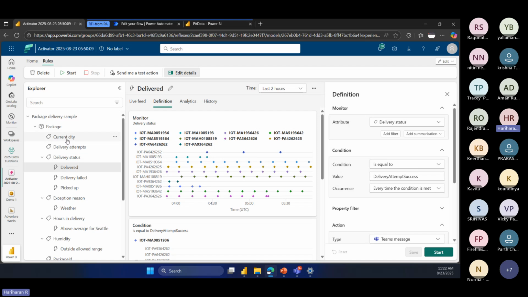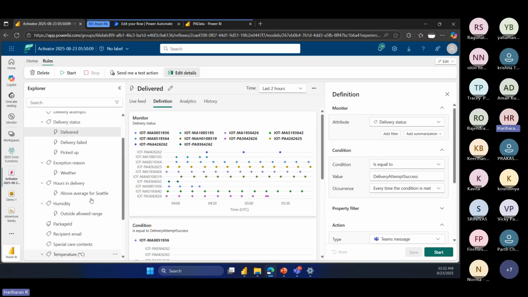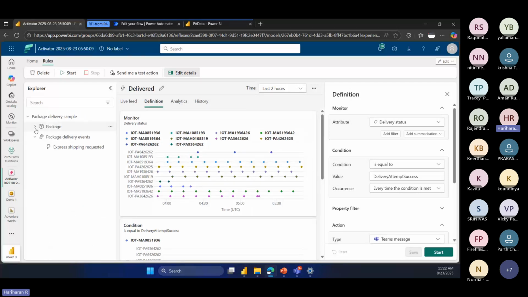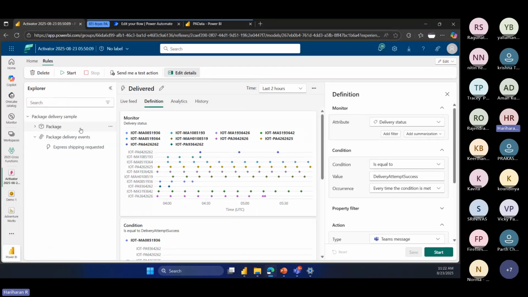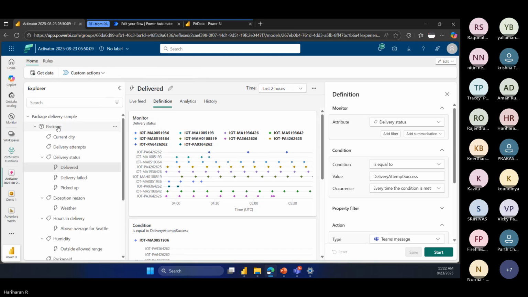Below that, you can create properties for the package or the object, and then you can create an alert. So these all come out of the box. In case you want to create your own object for a specific column, you can just go and create a new object. Just go here,